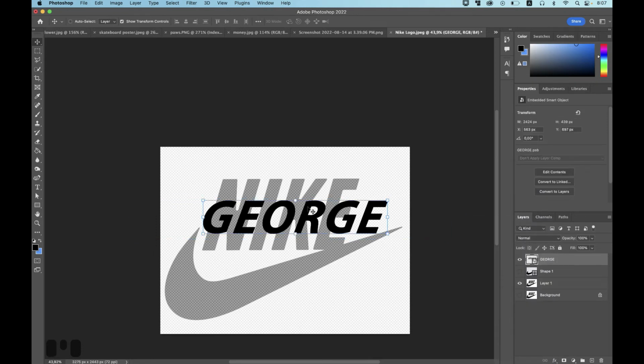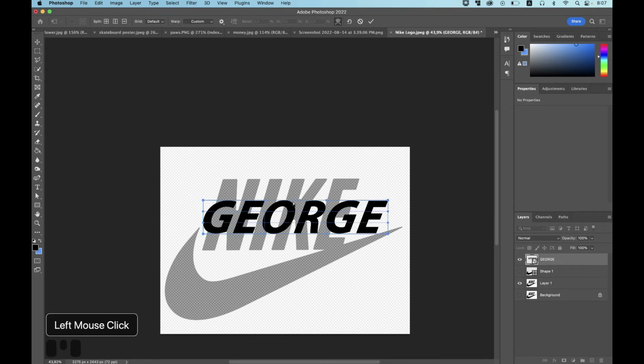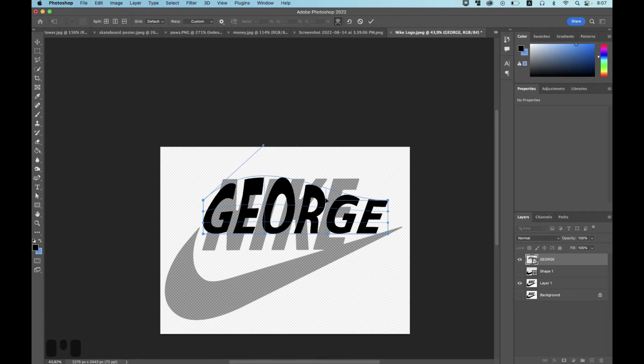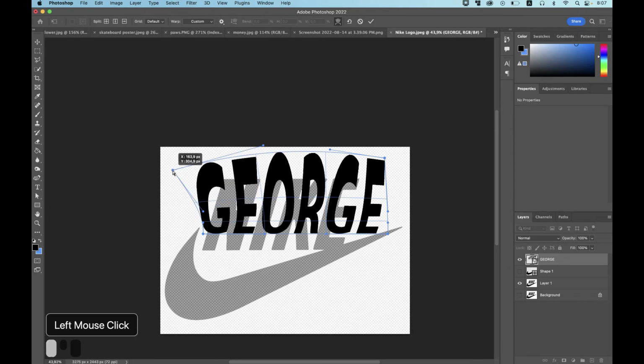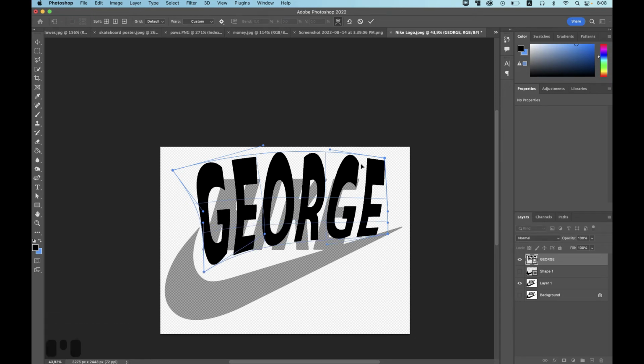And after that, if we press V and press over here, we can select free transform and warp tool. And now by simply doing like that, I can do something like that. This is a smart object now. I can do whatever I want. And after that I commit it.